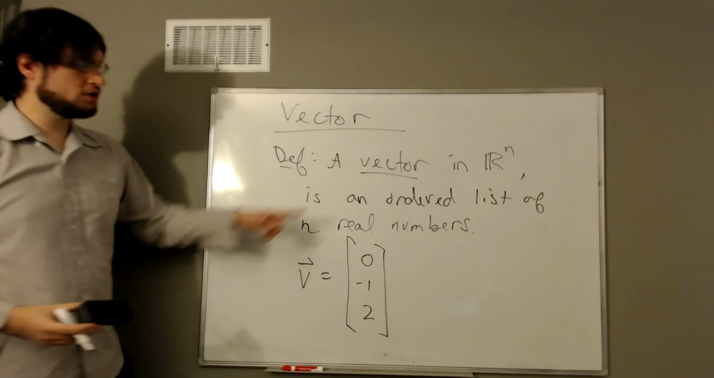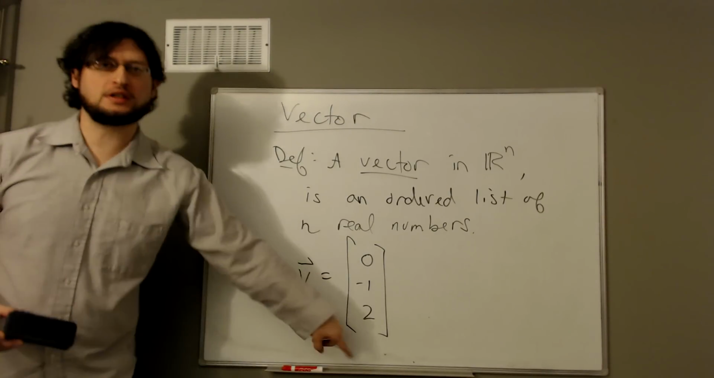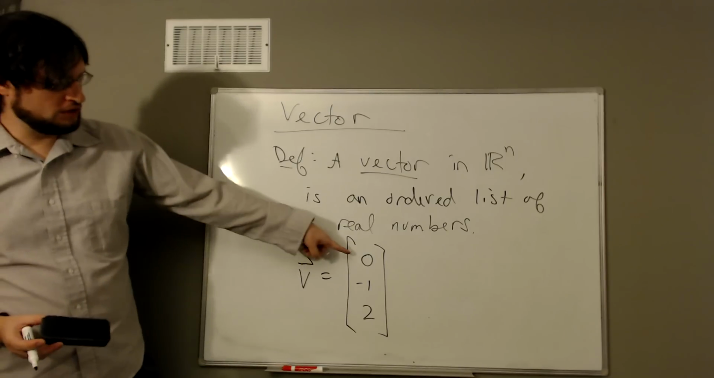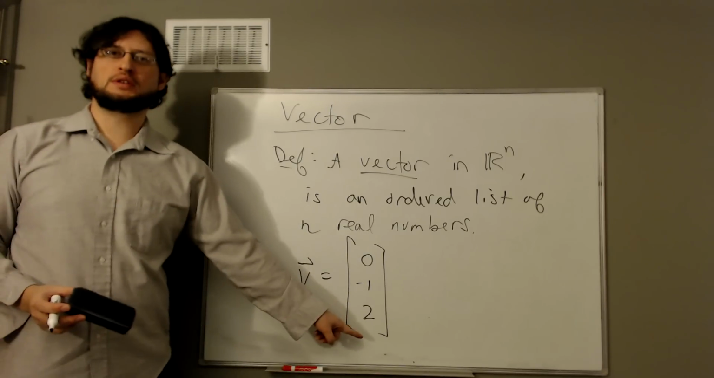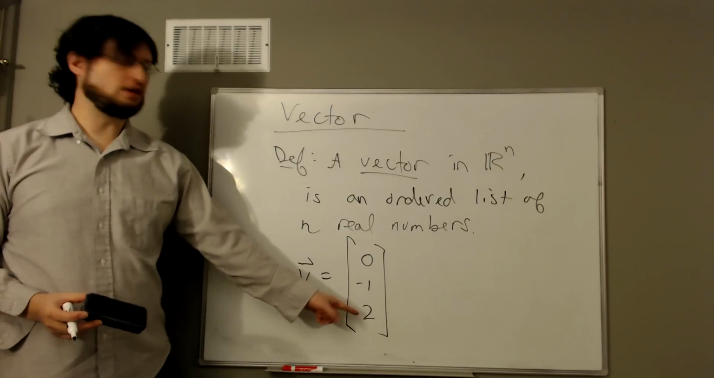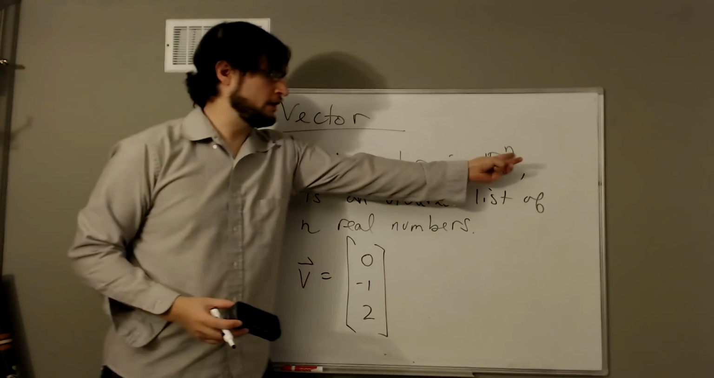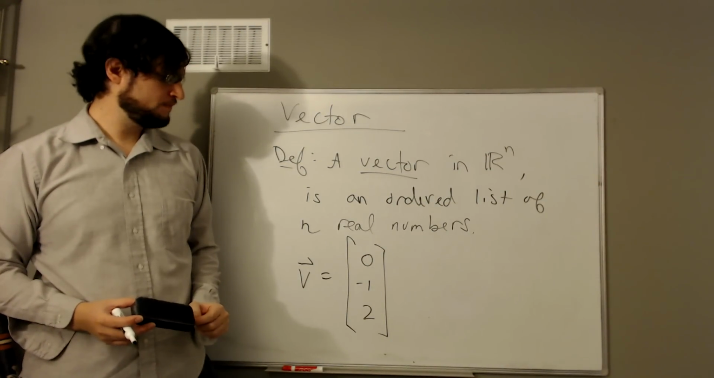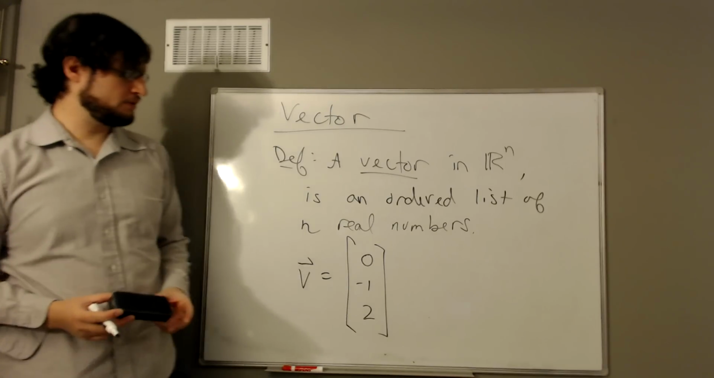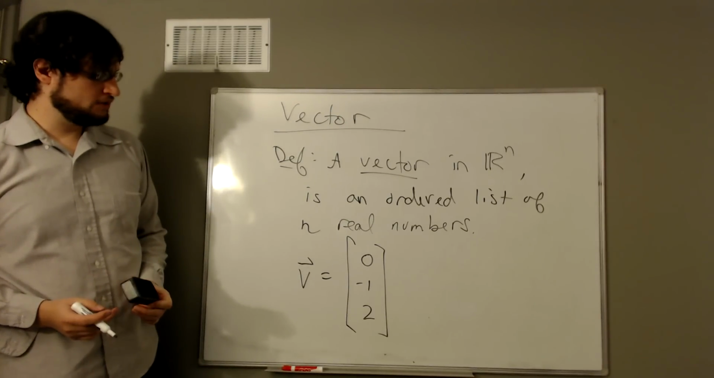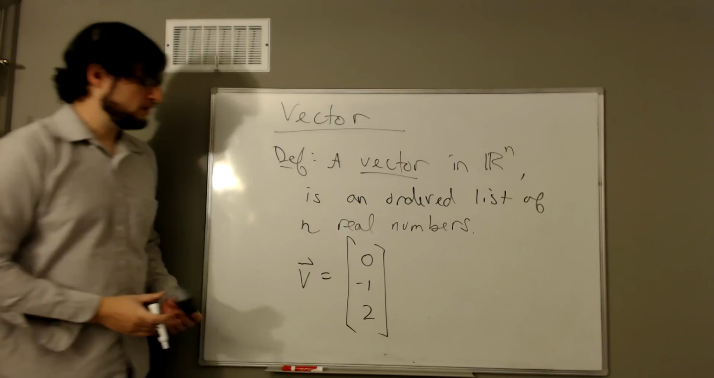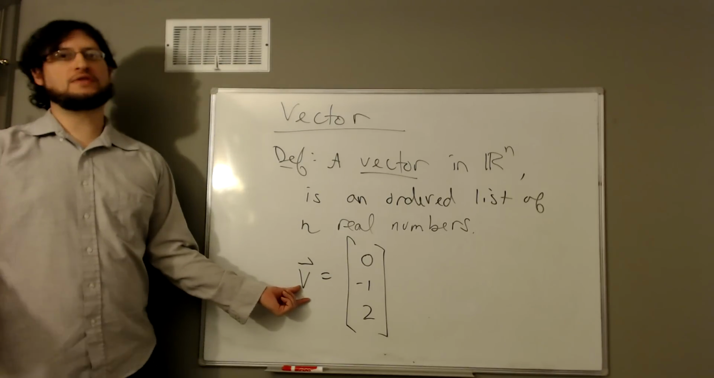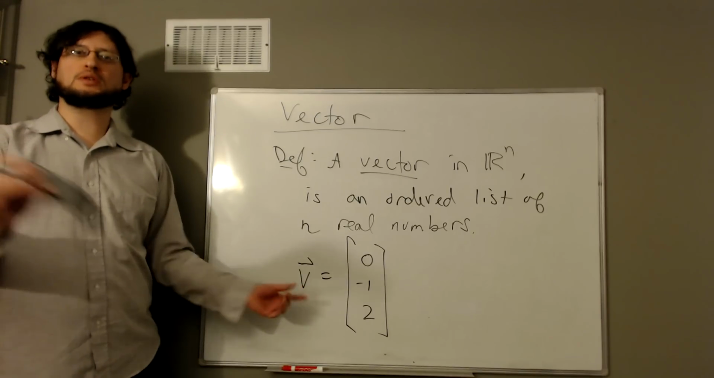It's an ordered list, and we're going to write them vertically. So 0, minus 1, 2. This is a vector in R3. N tells me how many numbers are in my vector. So there's a vector in R3. 0, minus 1, 2. We write them with a letter, usually V or sometimes U or W,